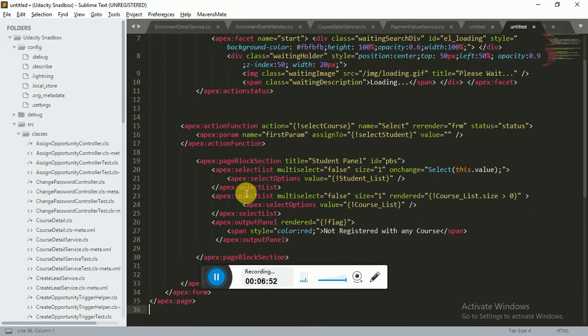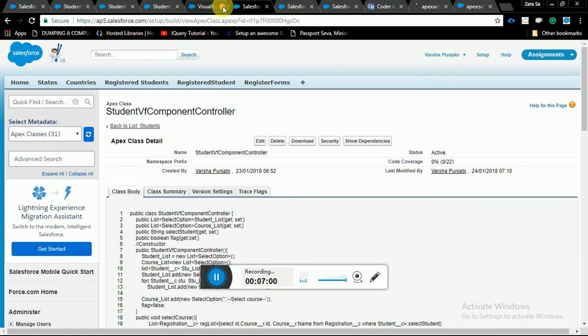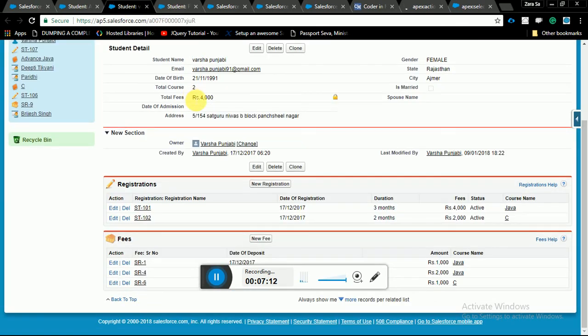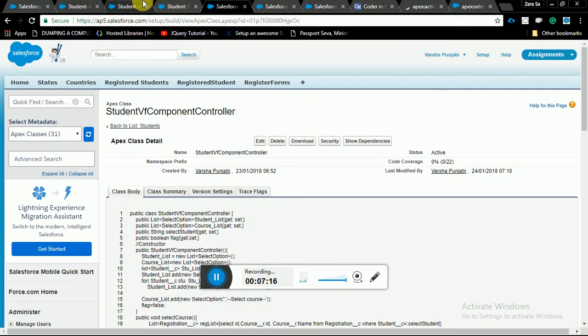So there is the apex select list. In that, this is multi-select for multiple values in a single line, 1, 2. So multiple values in a pick list. This is the pick list, and now it is showing like a multi-pick list, 1 2 3. So for a multi-pick list we will use multi-select is equal to true, and for the